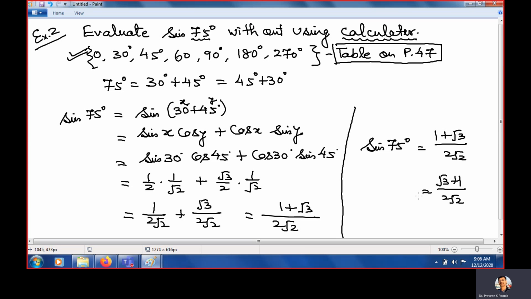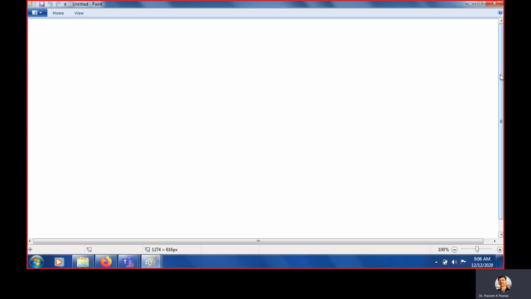Okay. So what angles can they ask you without using a calculator? Clear? In the next slide we will learn which angles. There is an angle 0 degree, there is an angle 30 degree, 45 degree, 60 degree, and 90 degree. Okay, let us take only these angles. So one angle we found is 75 degree, that was with the help of 30 and 45 degree. This is 75 degree. Another angle you can have is